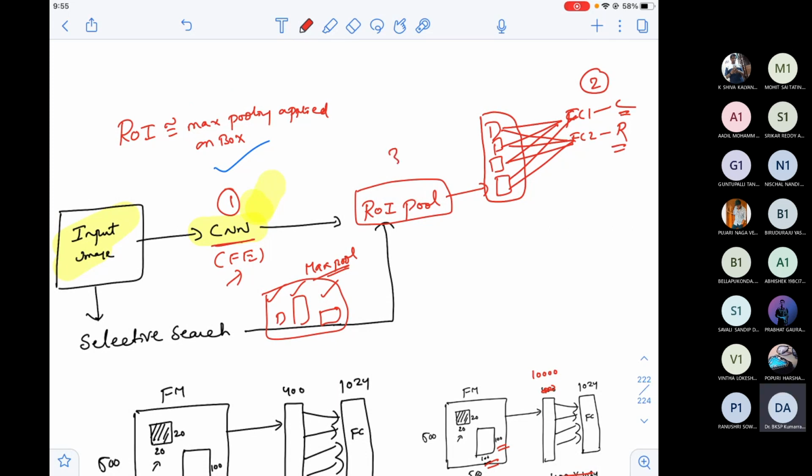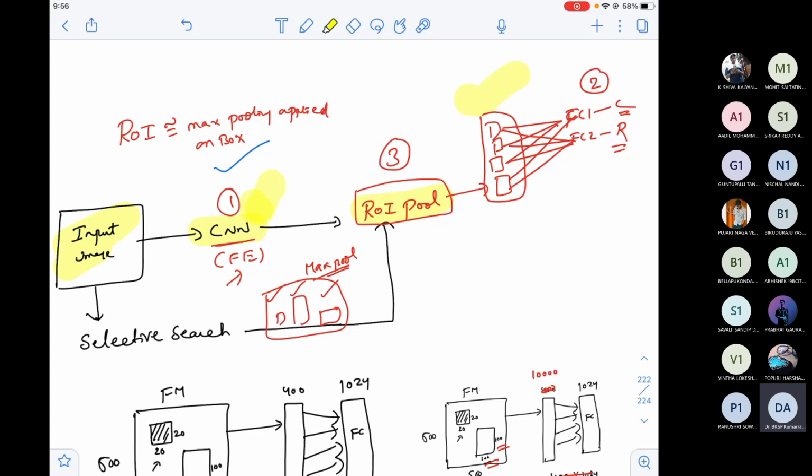And the third difference between traditional RCNN and fast RCNN is the concept of ROI pooling, to ensure that they have same sized boxes irrespective of your different sized boxes. The output of ROI pool is same sized feature maps, and those are given to fully connected layers to perform classification and regression. So these are three differences which made fast RCNN really fast compared to traditional RCNN.